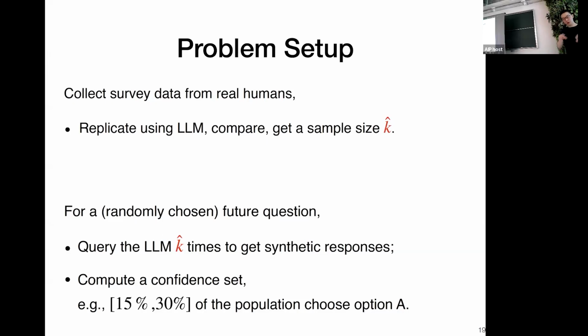Yes. From the historical data, you aim to learn a sample size, and this sample size directly provides practical guidance for future questions. You can imagine you have 1,000 questions. That's your question bank, right? But in a real social survey, people are not willing to answer too many questions. So you may randomly select a small fraction. Let's say among your 1,000 questions, you select 200 of them and ask real people. Then for the remaining 800 questions, you can use a language model equipped with the right amount of sample size.